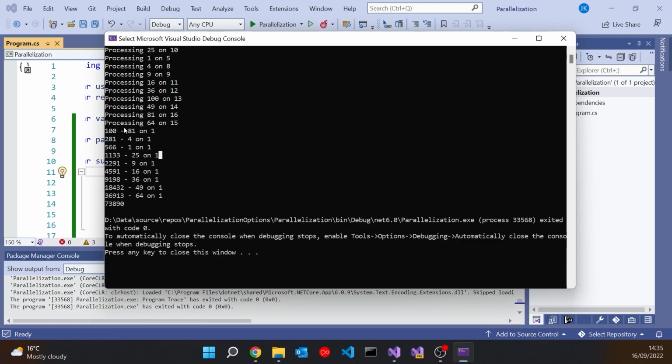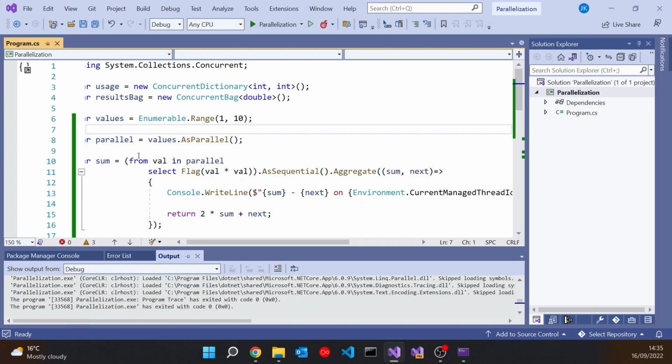So we've got 181, we've got 281.4. It's not the order we wanted. And that's because actually we've got to do two things, because all the AsSequential does is tell it to start processing on a single thread. But the sequence that's coming out of the parallel bit, remember, is not going to be ordered. By default, it's not ordered.